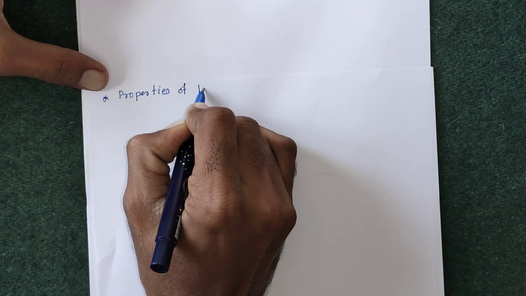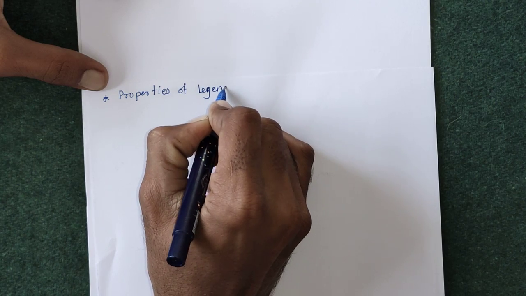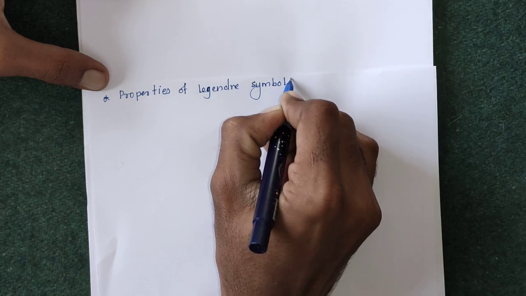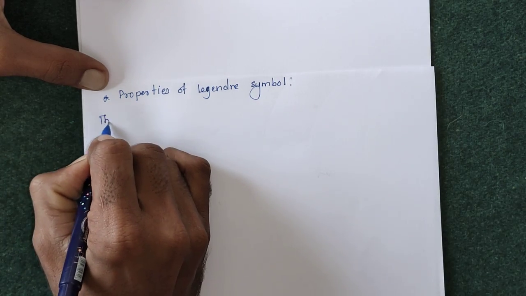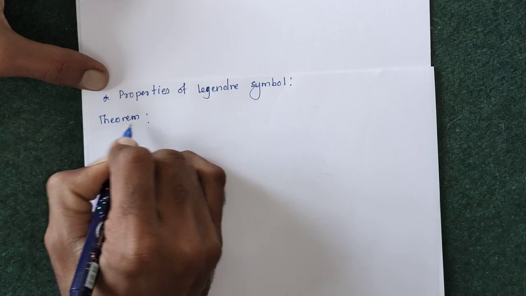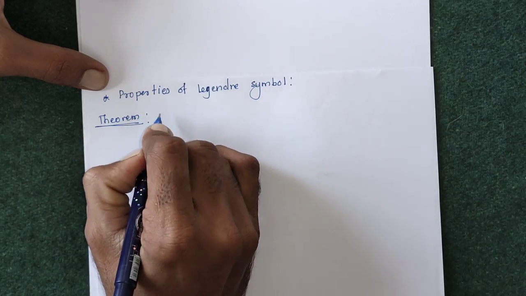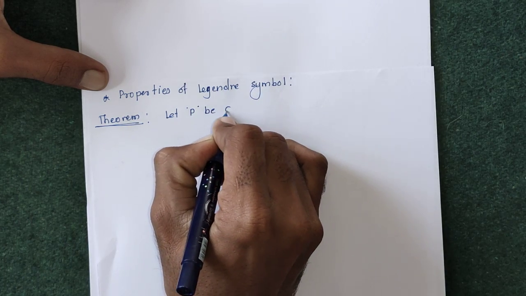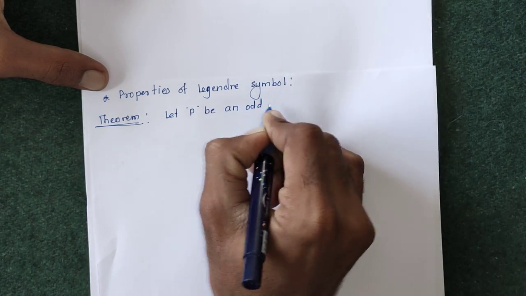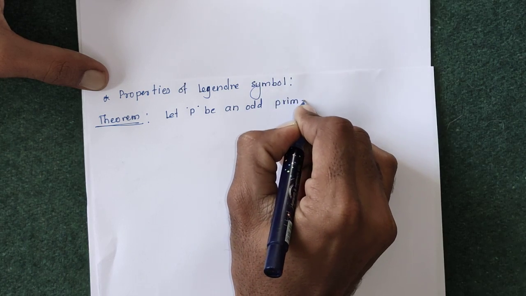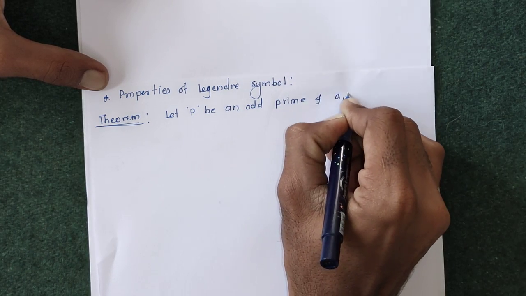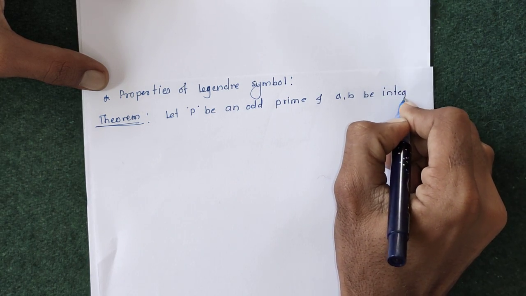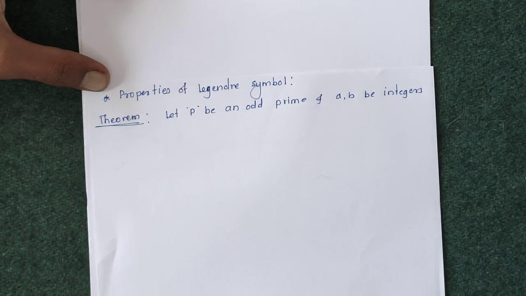So we will take the properties in a theorem. The theorem says that let P be an odd prime, and A, B be integers, such that